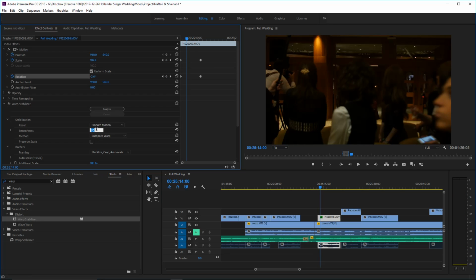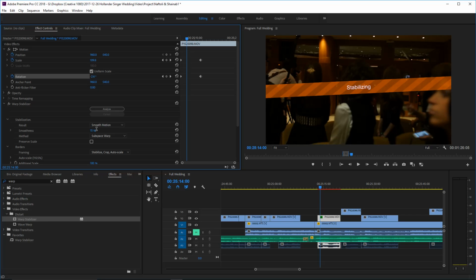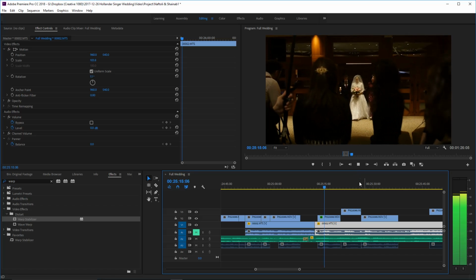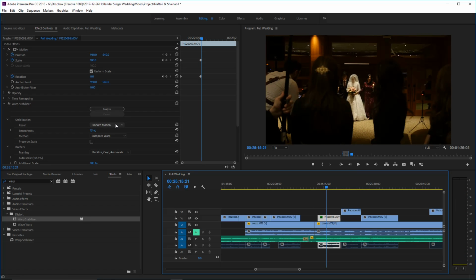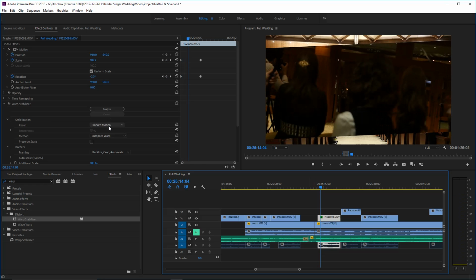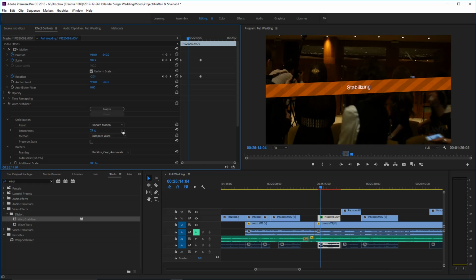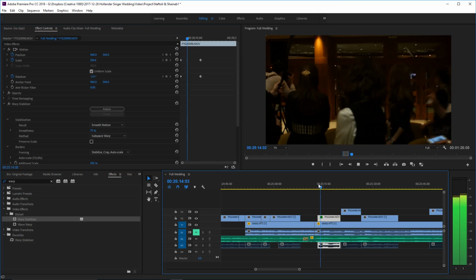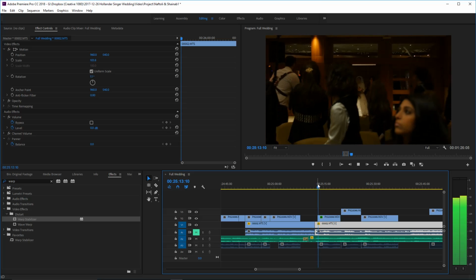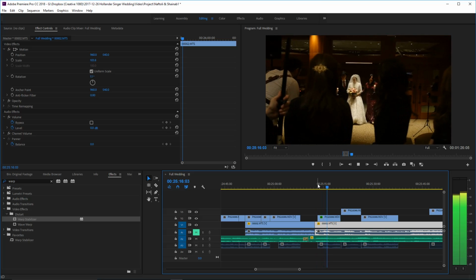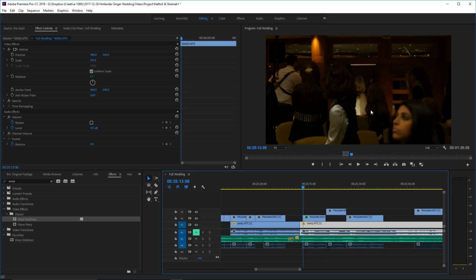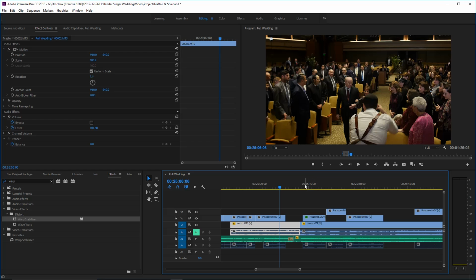The only problem now is that the Warp Stabilizer does appear to be a little bit more warped than before. Let's see what happens if we minimize that. So let's partially just make it less stable. The other thing I could try is go from smooth motion to no motion. No, that definitely doesn't work. Let's try making it more stable. We'll go to 75% and see what that does. I'm okay with that. I'm content with that clip.